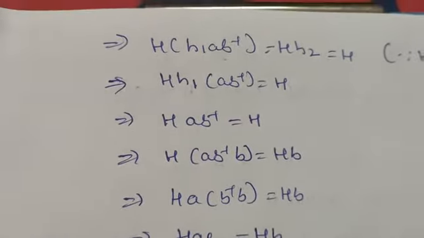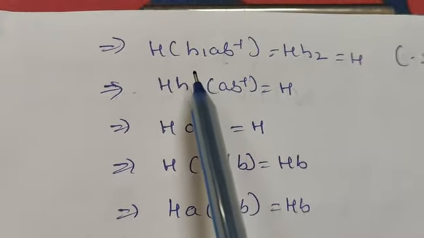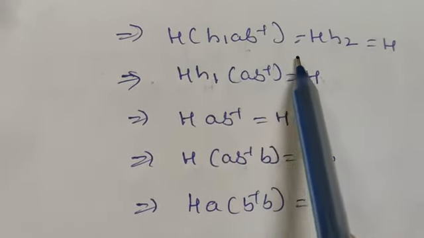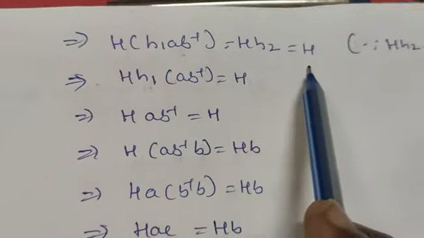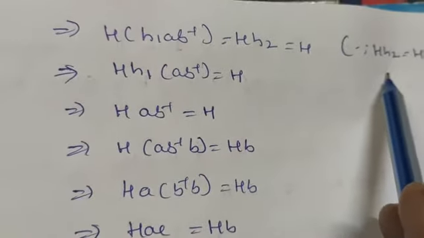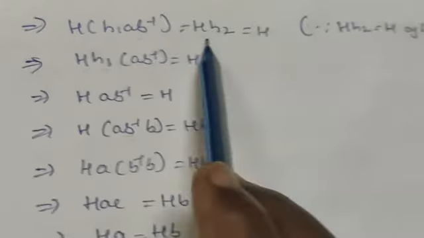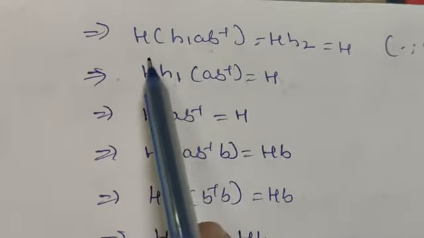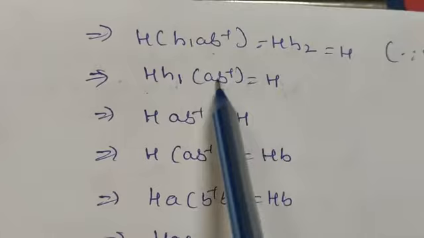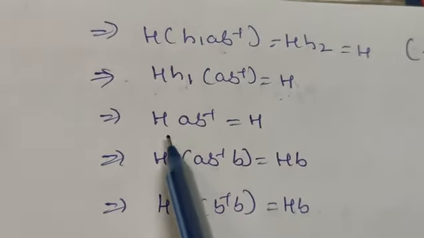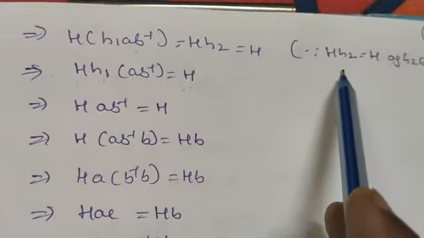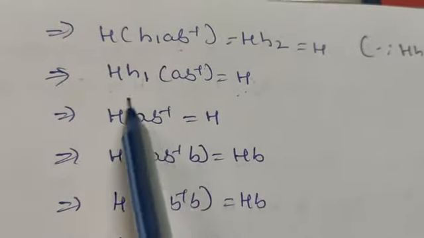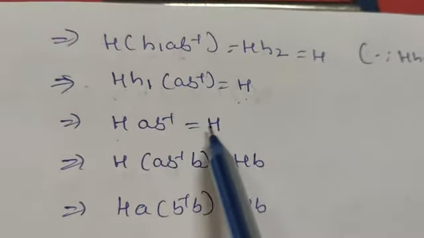So what we have here is H1AB inverse is equal to H2, and H into H2 is equal to H. This we are going to study in the next theorem, but we use that statement here only. Let us take H into H2 is equal to H. So this implies, let us apply the associative law here, H into H1AB inverse taken together is equal to H. Again, as I told you, in the next theorem we are going to study this one, so before that we are using this result. So H into H1 is also equal to H into AB inverse, as it is.